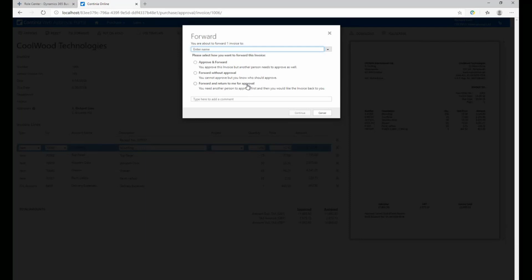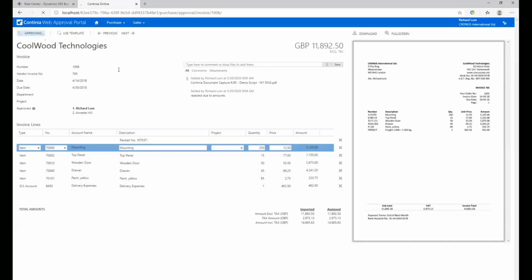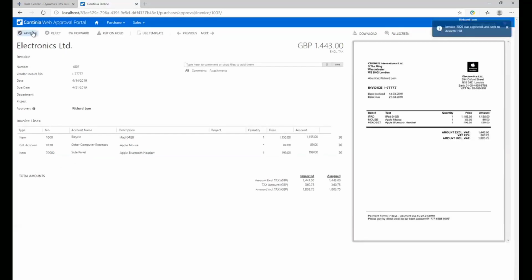You can forward the document and then ask for it to be returned to you. So you can get someone to just double check the document and say, is this all right, and once they've accepted that, it comes back to yourself as still a pending approval, and then you approve the document. And again, throughout this, you select the user's name, which is a lookup to the user list in Business Central, and you can add comments throughout. So if I approve some of these,